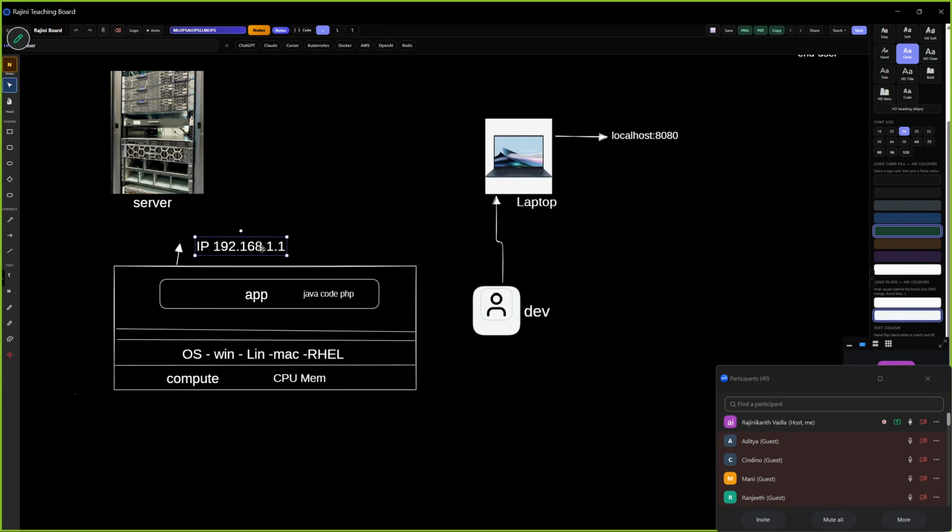There are two types of IP address: one is a public IP address, one is a private IP address. So I wanted to call this server. The server should have one name. What is that name? The IP address. And then you can create a hostname. From my laptop, in order to deploy this code, I need to connect to this server. How should I connect, sir? I should connect only through the network.